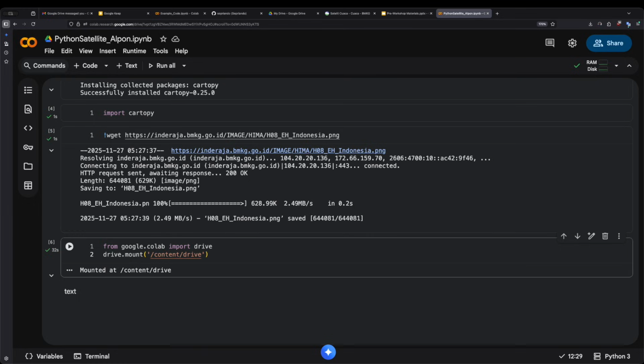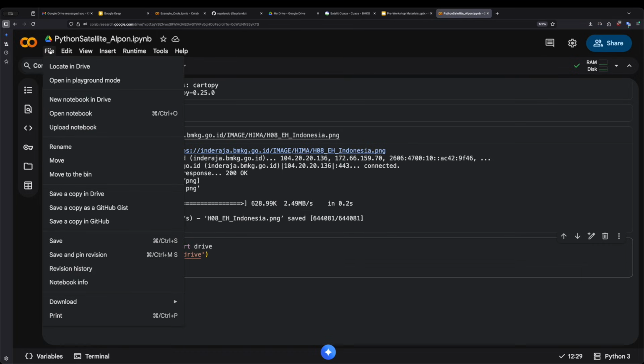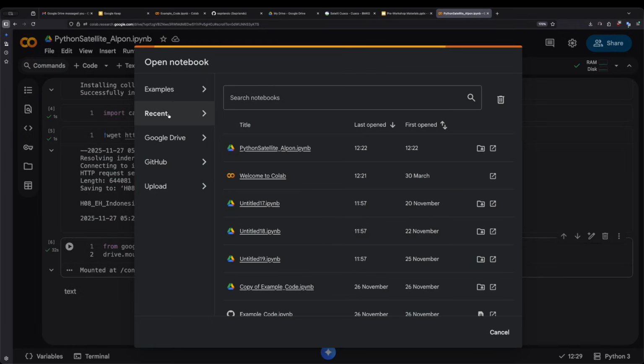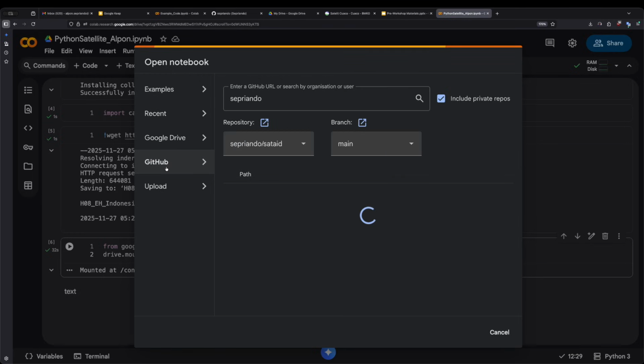for now, when you want to open a notebook from GitHub into Google Colab, the process is very simple. First, click file, select file, and open the notebook. This one. And after that, on the left side of the window, select GitHub. Here you can paste the URL of a GitHub repository or a direct link.